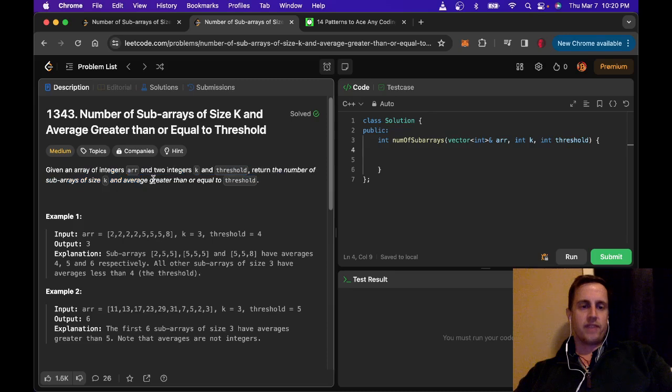Given an array of integers arr, which is in the function, and two integers k and threshold, return the number of subarrays of size k, and average greater than or equal to threshold. So I usually read this 2 or 3 times. So given an array of integers arr and two integers k and threshold, return the number of subarrays of size